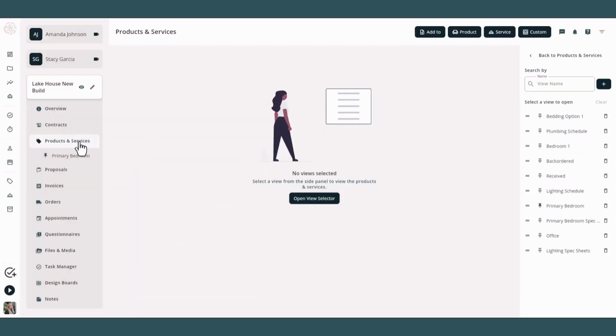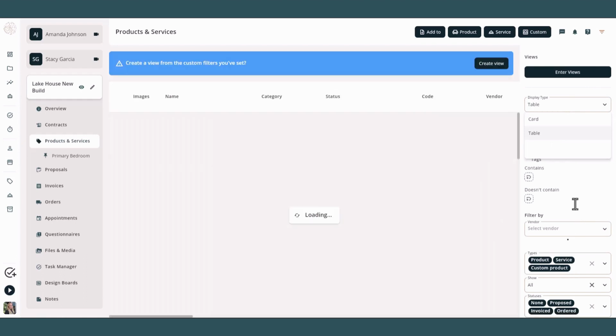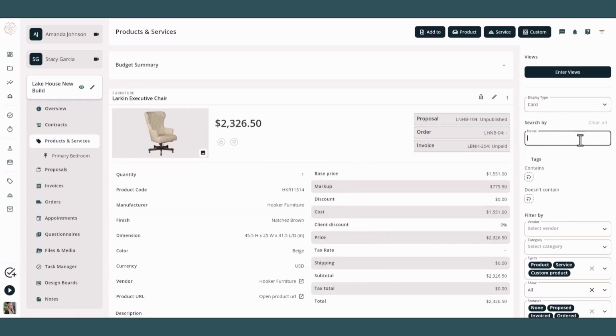Coming back here to our main products and services view. So this is our overall products and services. There are a few things I want to show you, especially over here in the filter bar. So here I can switch between card and table view. I can search for a particular name,